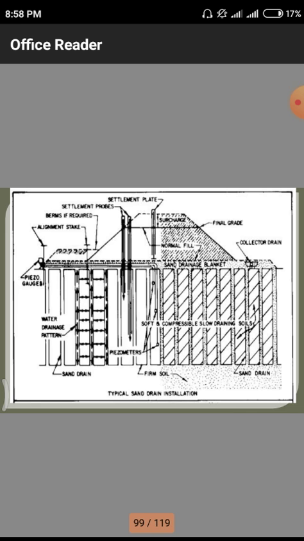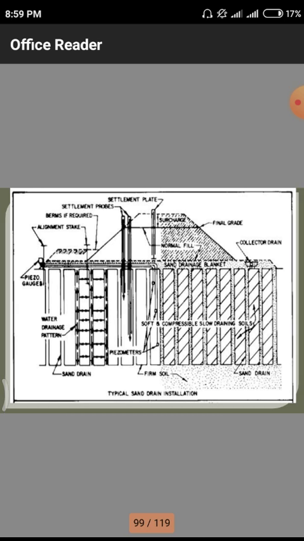Below, different terms are described to show the figure: soft compressive, slow drainage soils. After that, below we have the sand drains, firm soil and piezometers. Normally these piezometers are used to measure the flowing water. In the case of settlements, we have settlement problems, benefits required and alignment strikes. All those are measured on the top of the layer.